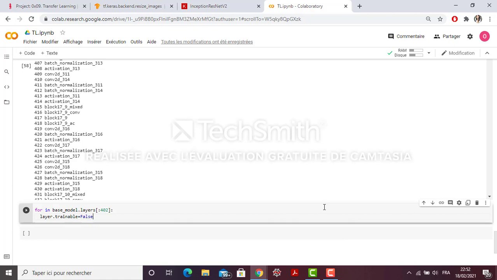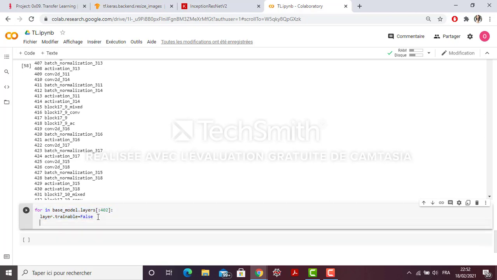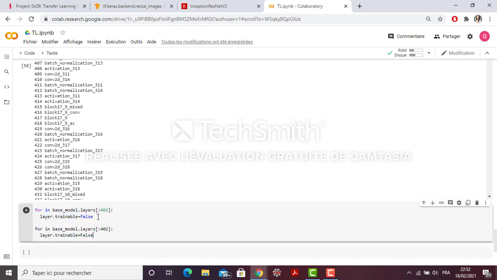Okay, and then I'm going to do the same thing but to unfreeze the last layers. Okay, so this is the opposite, until the end, and then I'm going to unfreeze them. True. Okay, so this is for freezing these layers and unfreezing the layers from 402 until the end.